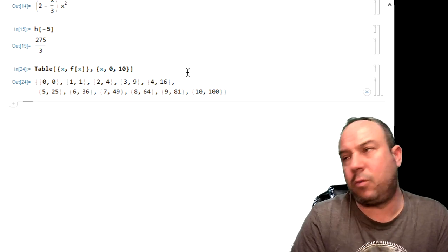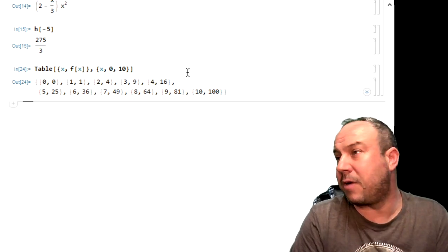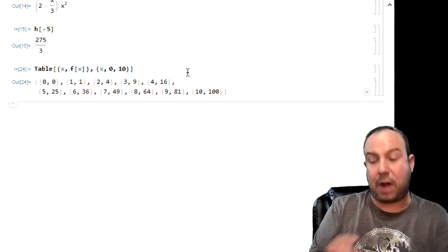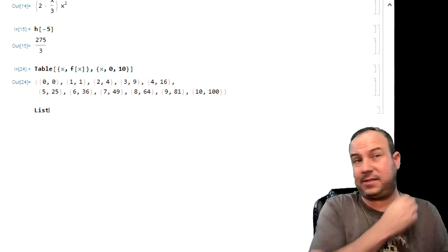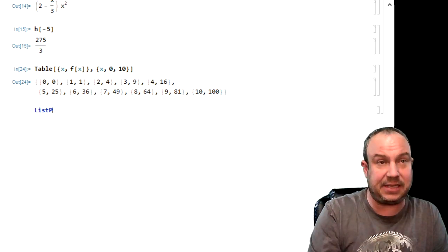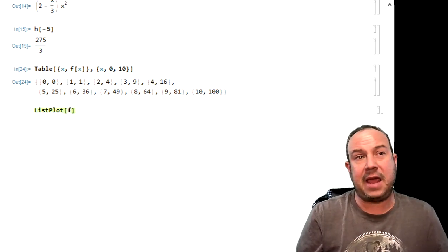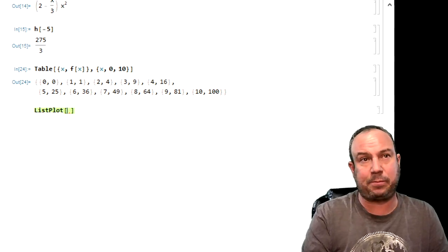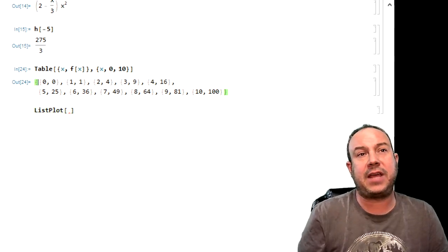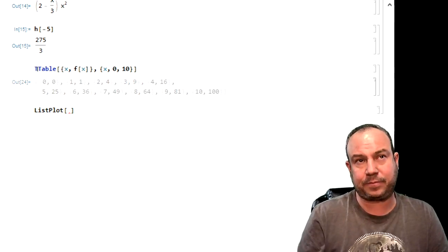All right. Now, what if we wanted to look at the points seen here actually laid out in a graph? To lay out actual points in a graph, that is the ListPlot function, right? And what we're going to ListPlot here are going to be our tabled values. What I'm going to do is go up here to this table,